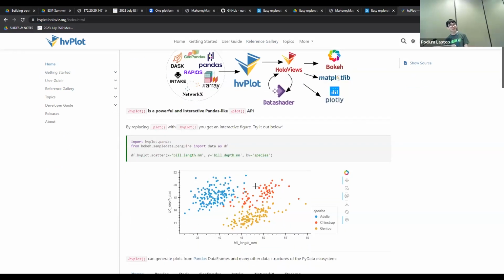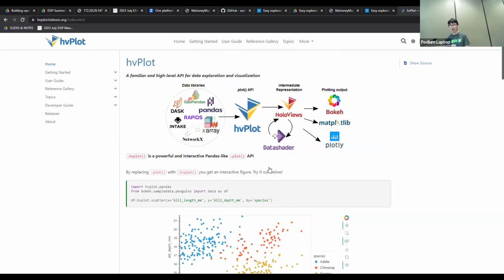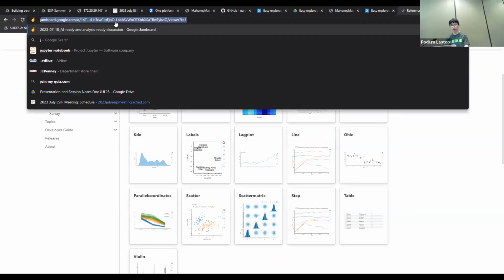I could be wrong since I'm not a Plotly user. Also, all of hvplot and Panel are open source. I think part of Plotly is not. Maybe I could be wrong. So yeah. But yeah, you can do a lot with hvplot on top of HoloViews.